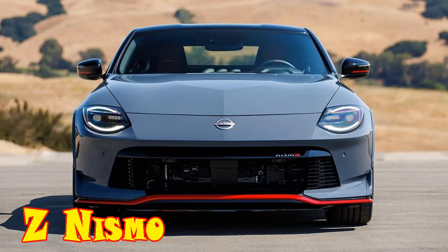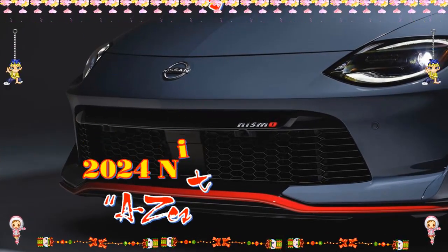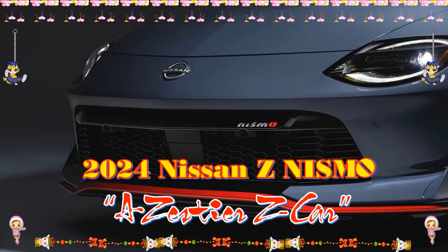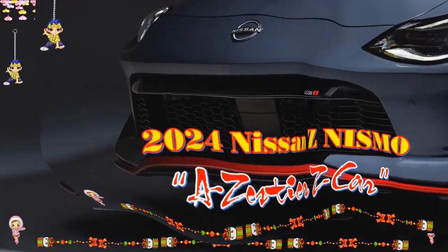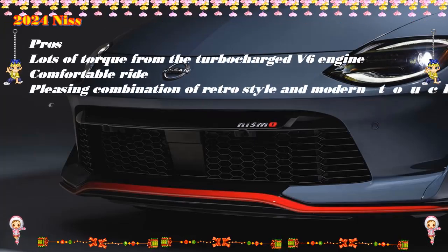2024 Nissan Z Nismo First Drive Review, a zestier Z car. Even without a manual, the Z Nismo has the power and poise to keep up with BMW and Porsche. But it is pricey. The Nissan Z is still one of the best-looking sports cars you can buy right now,